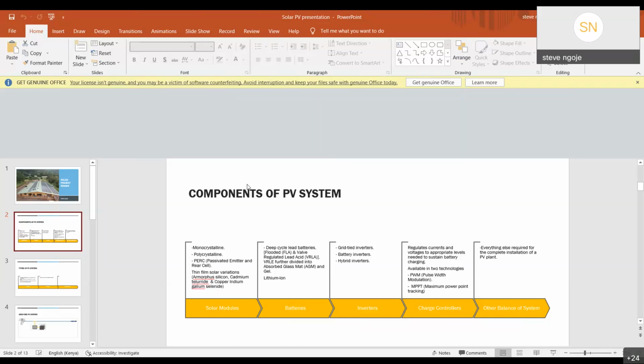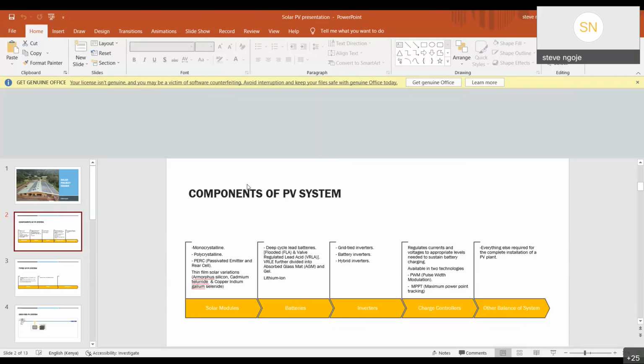For example, if we have a 12-volt battery, when we're using pulse width modulation charge controllers with that technology, we have to look for a 12 or anything that is, it can't be lower than 12, but it can also not be 30 volts. We need to try as much as possible to find a panel that is rated at about 12 volts, for that to really help us. If we were, for example, to go for modules that are 40 volts,